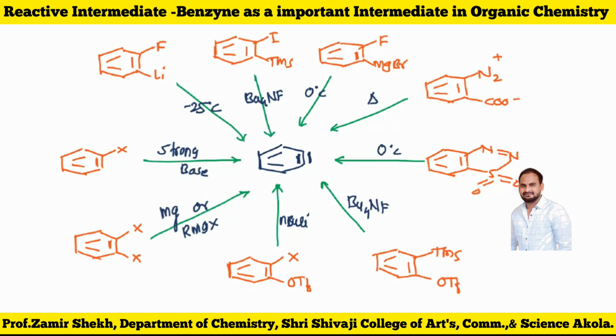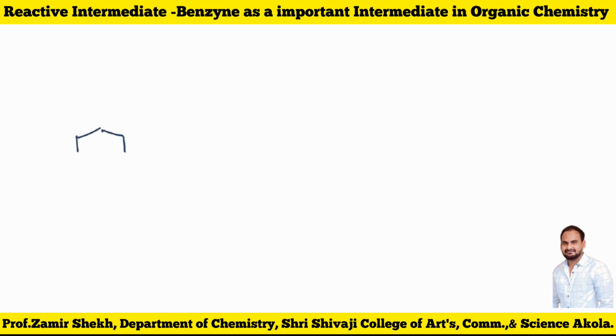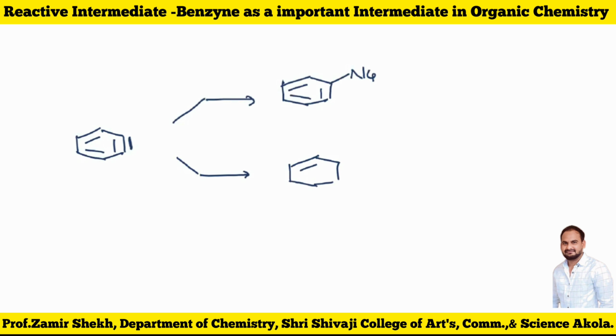Now one more interesting part is regioselectivity in the nucleophilic addition reaction. You know that benzene is there. Normal benzene means no substitution. Suppose this is my benzene. I am going to add a nucleophile at any position because both carbons are the same. So the nucleophile can go here also, or here also, without any problem. So the nucleophile has a 50-50 probability. You will get this one. This is unsubstituted benzyne, so the nucleophile can be added at any carbon, no problem at all.